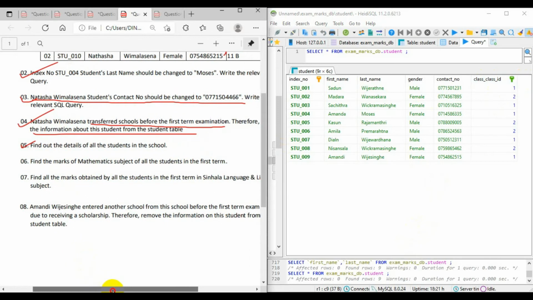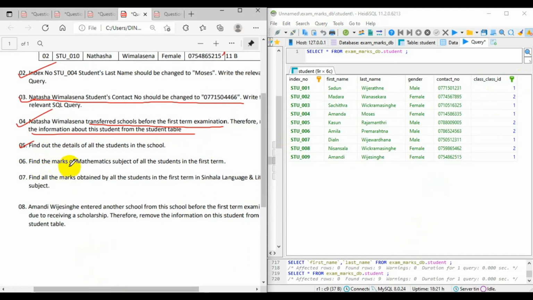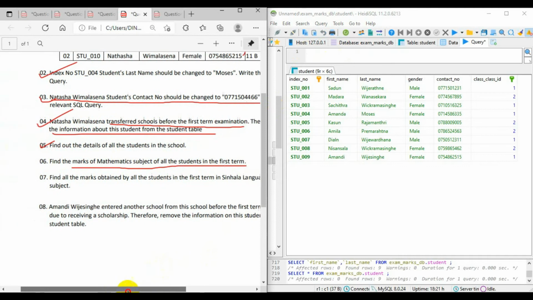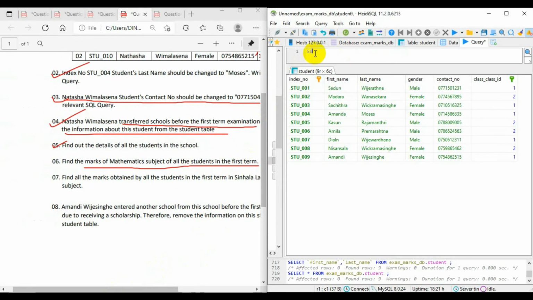Find the marks of mathematics subject of all the students in the first term. Okay, that one is a little bit hard, but let's use sub-queries to answer the question. Okay. Now, first of all, we have to find, so that means we are using a select query. So select from, I just use the star mark to give them all the details. Select all columns from